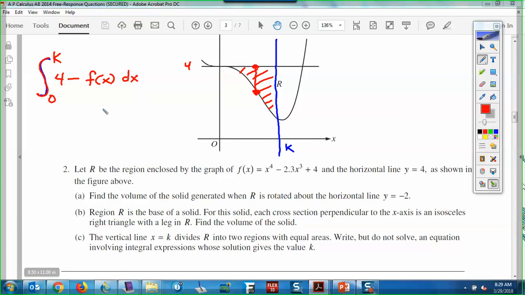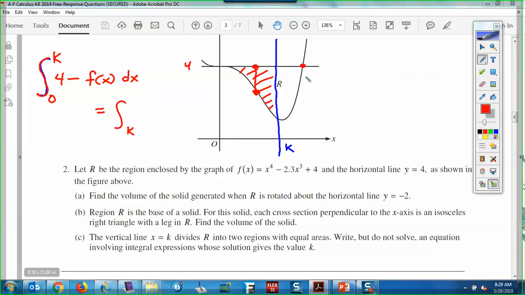And that's got to be equal to, so they just said write an equation. An equation just has an equal sign in it, right? The integral from k to, what's this point here? Oh, this is a calculator one. Okay, so even though they tell you not to solve it, so what do we need